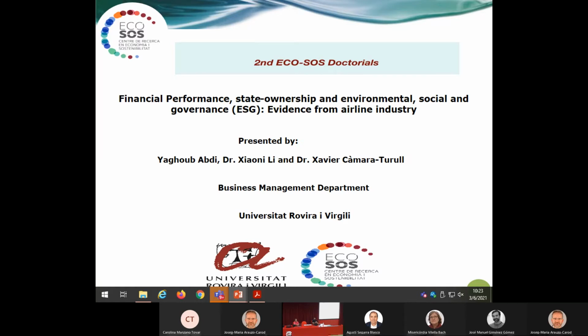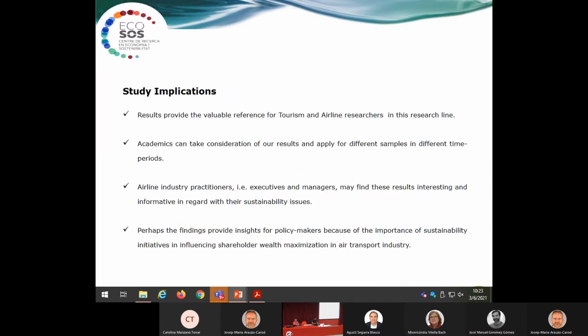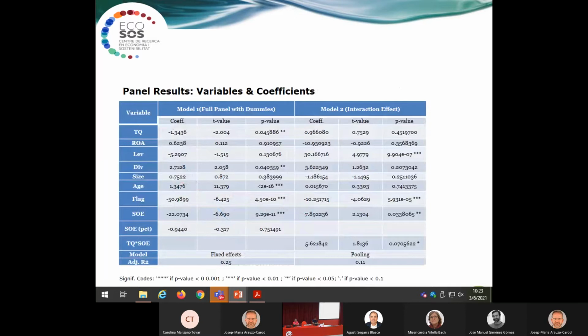So just based on this diagnostic test, I found my result. As you can see here, for the first one, based on the diagnostic test, it's a fixed effect model, based on the result from the Hausman test. But for the second one, it's a pooling model, based on the diagnostic test that we usually have in panel data analysis. Yeah, I finished with this point, but this is a static estimation.